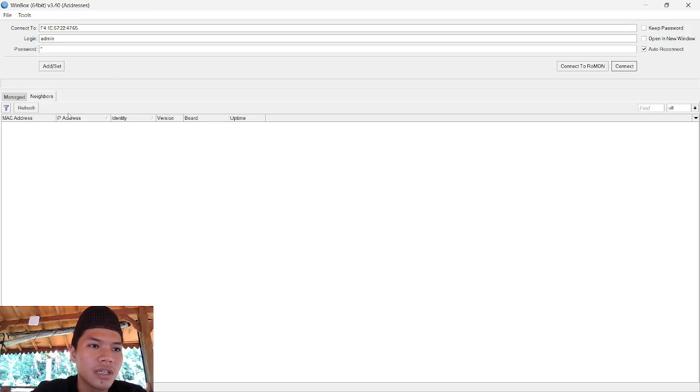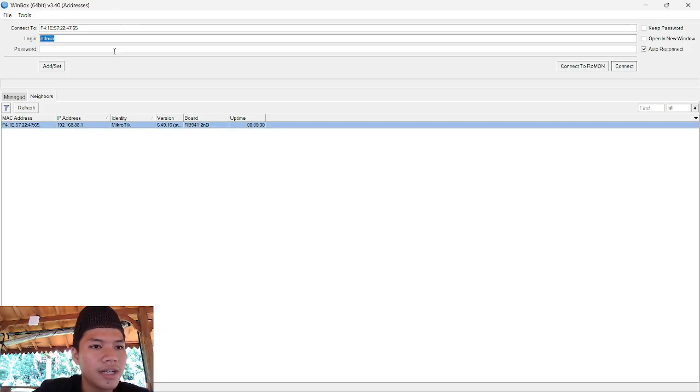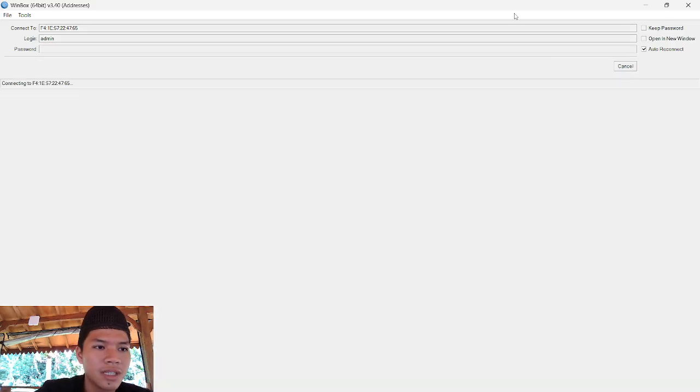After the soft reset configuration, this is everything, and this is the IP address from the MikroTik, guys. And now we can click, because we have done the soft reset configuration, there is no password now, so click Connect. Just click Connect.